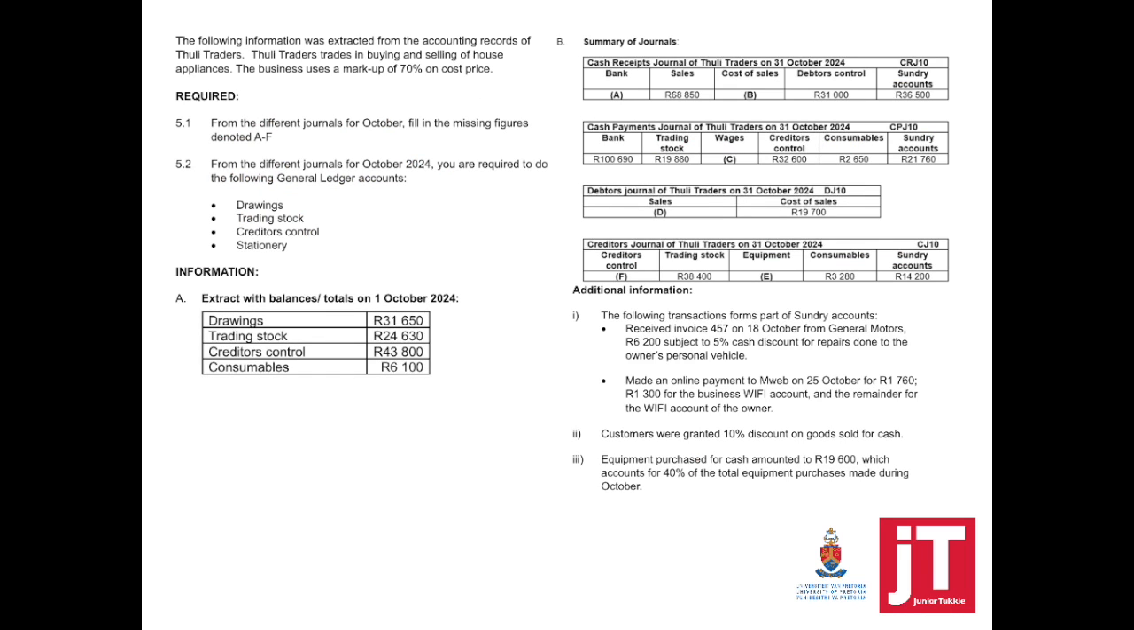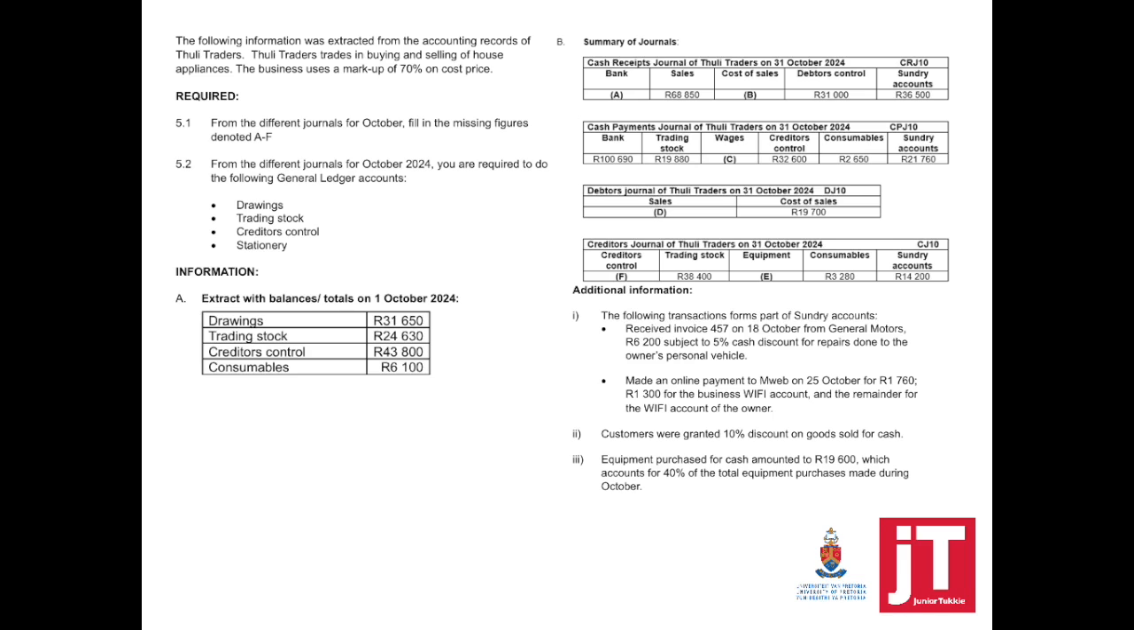The following information was extracted from the accounting records of Tule Traders. Tule Traders trades in buying and selling house appliances. The business uses a markup percentage of 70% on cost price. It's always important to read the information which is given, especially make a note if the markup percentage is given